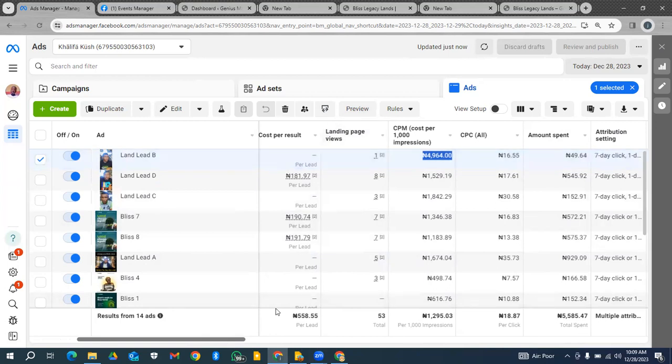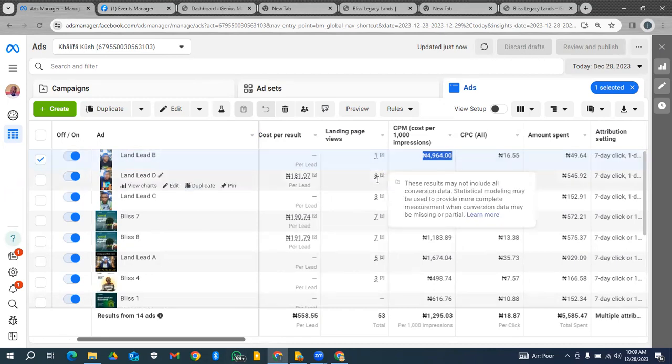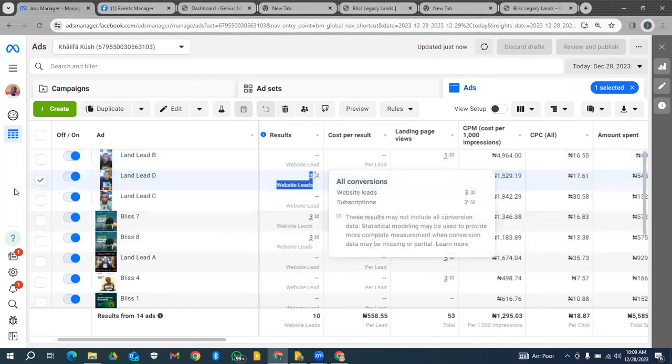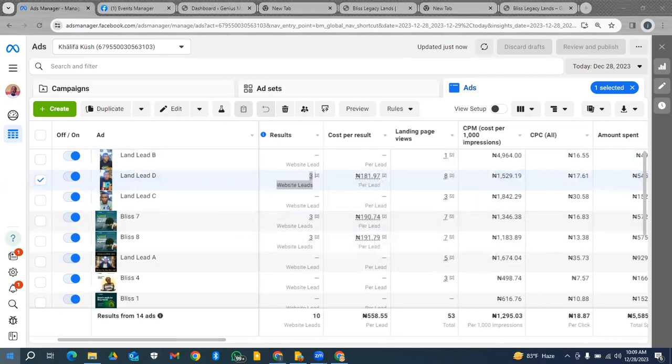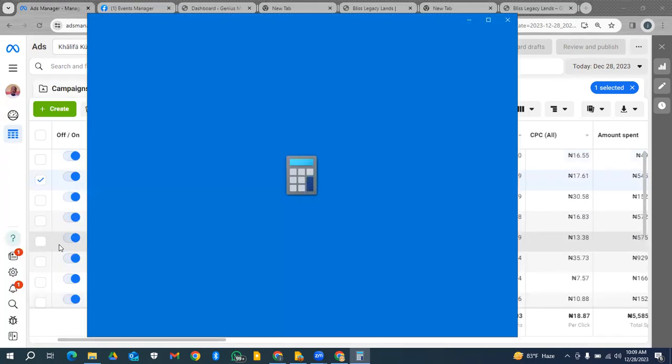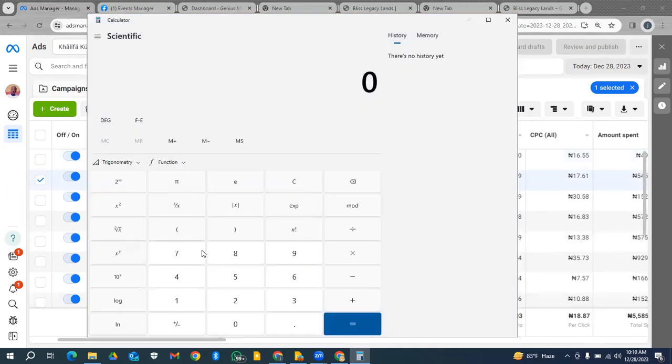Now, you want to check your landing page. Look at this one, for example. Out of the 8 people that landed on this page, 3 of them decided to become leads, right? So if we do the calculation, it's a little bit low. Again, like I said, this is a new funnel we're testing, which is why I'm not really concerned. So out of 8 people, 3 divided by 8 gave us 0.37